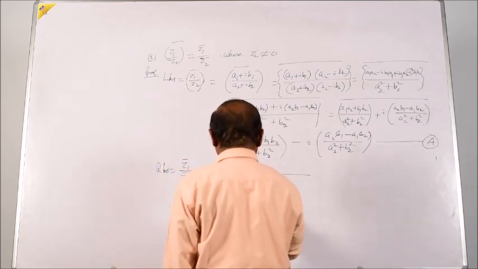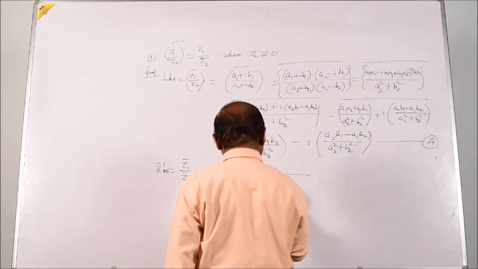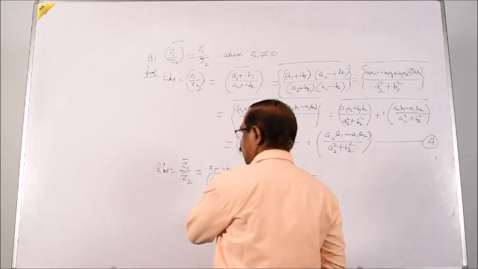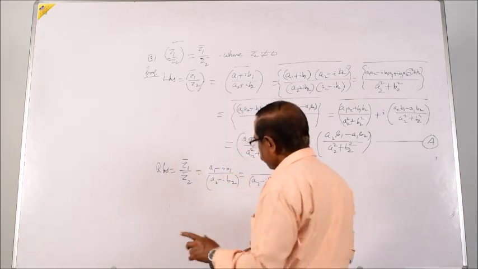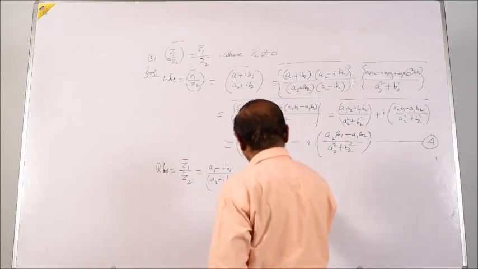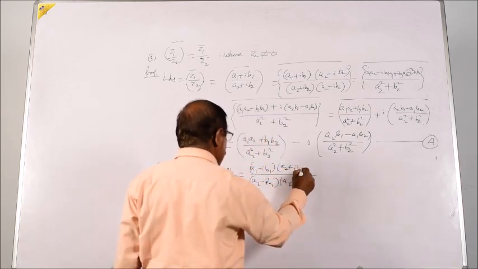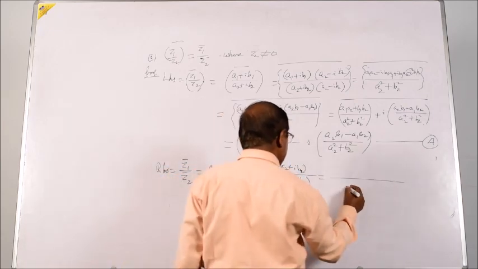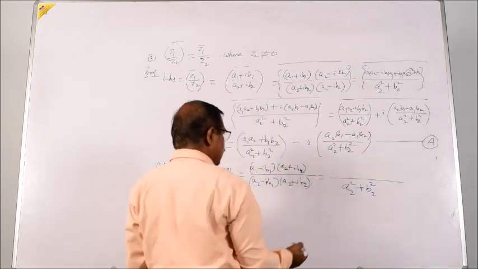For simplification we have to multiply by the conjugate of the denominator. So, A2 minus iB2, that is, A2 plus iB2, I have to multiply, because when we are simplifying the complex number division or reciprocal or inverse, we have to multiply by the conjugate of the denominator. So, this denominator you will see what is coming: it is nothing but A2 square plus B2 square, the same thing you are getting.